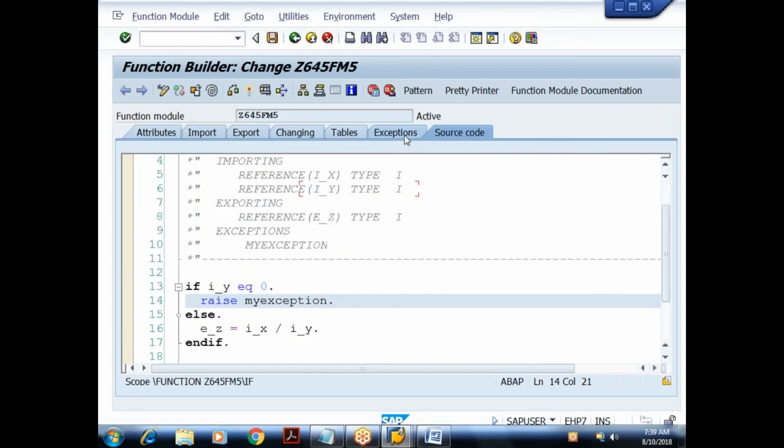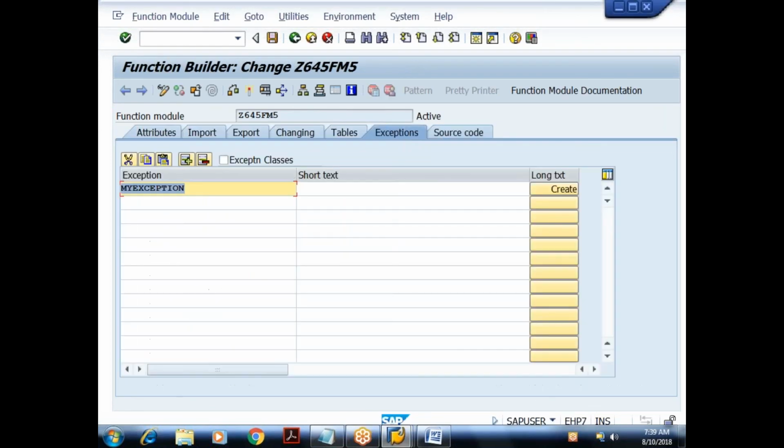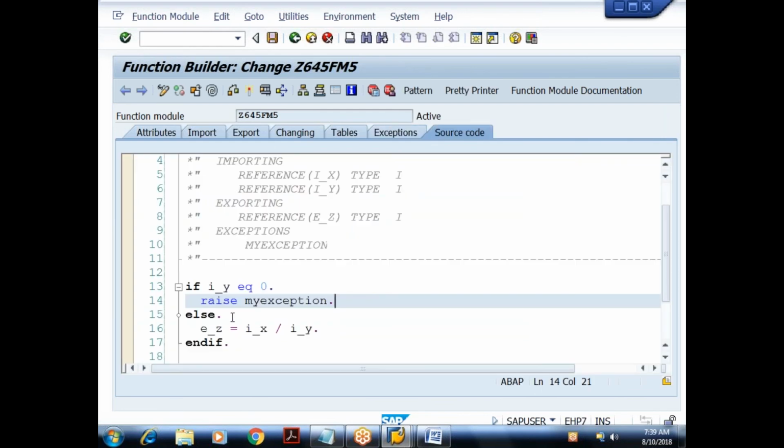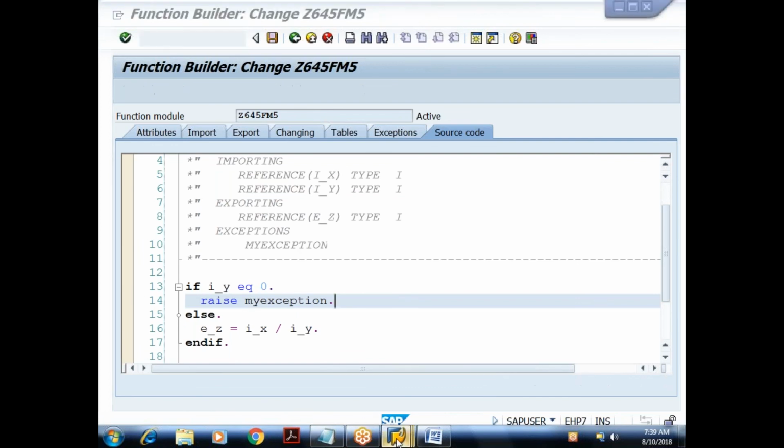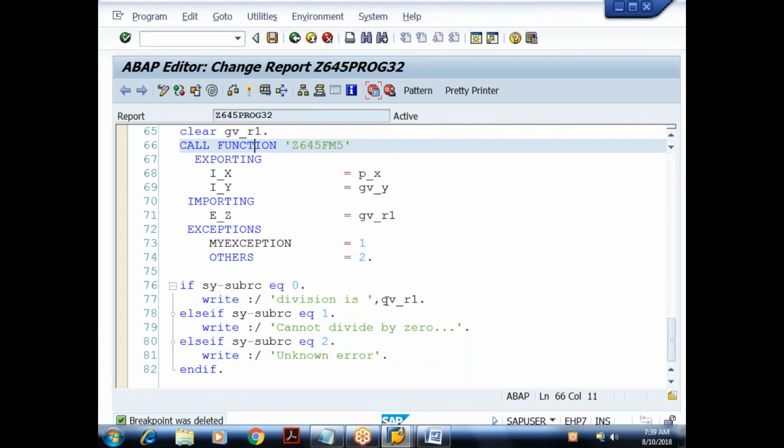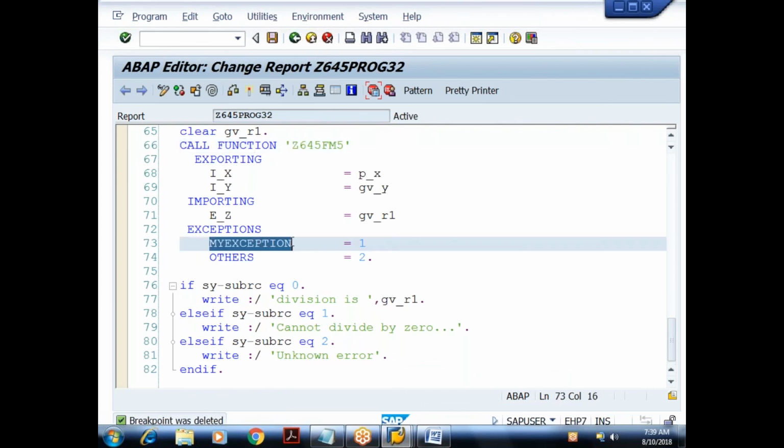What I can do in the exceptions tab, I can declare our own exception or I can declare the standard exception, and at the appropriate place you have to raise the exception. At the time of calling the function module we need to instruct SAP: if our exception is raised, what is the sy-subrc value you want to set. If some other exception is raised, it is indicated by what?